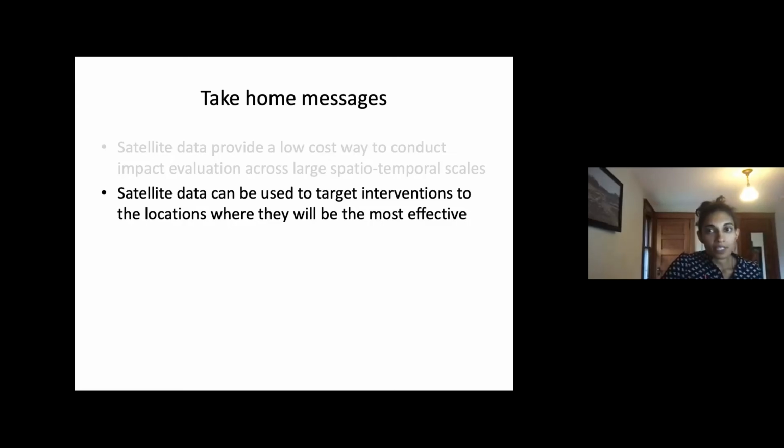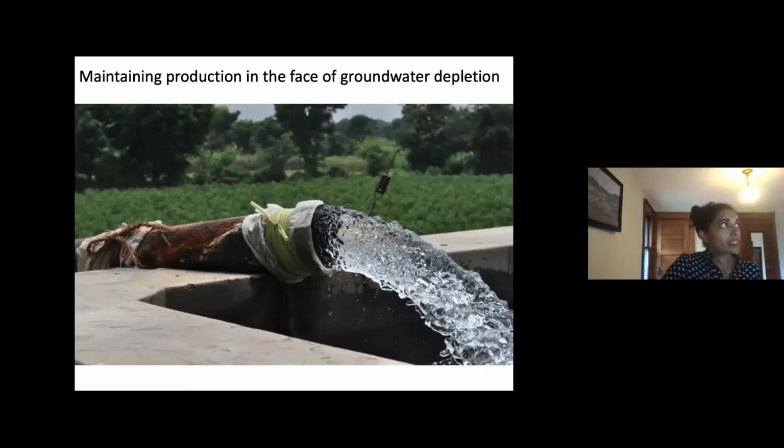So the second project that I want to talk about today is: are there any interventions or policies that can help farmers maintain agricultural production in the face of groundwater depletion in India? As I mentioned earlier, India is the largest consumer of groundwater worldwide. It's already facing severe groundwater depletion in several parts of the country, specifically Northwest and South India. People assume that groundwater depletion will have large negative impacts, but nobody, until now, had quantified what those potential impacts could be on agricultural production and whether there were any interventions to reduce this loss.